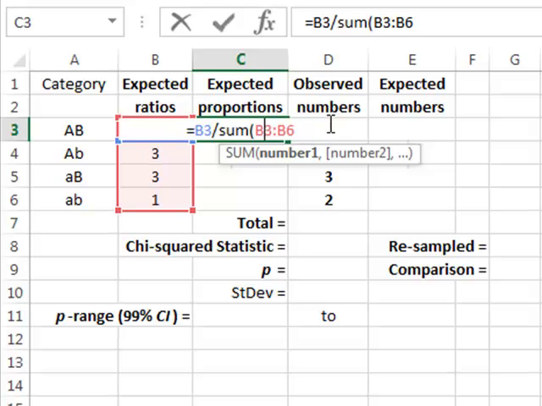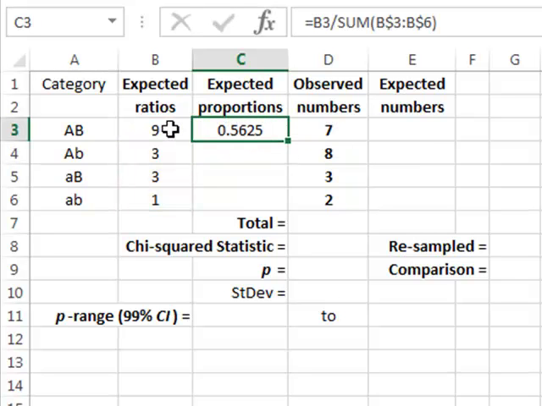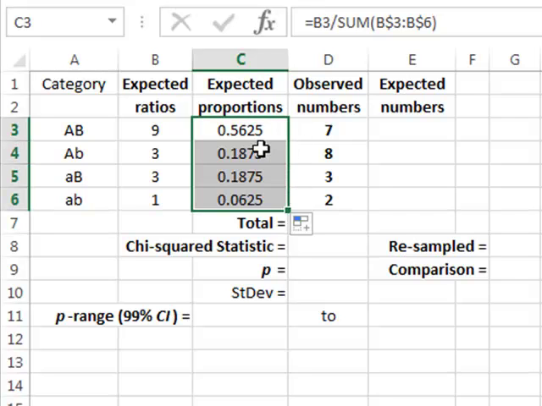So we will put a $ in front of the references for B3 and B6 to define a constant range when we copy the formula. So 9 out of a total of 16 becomes a proportion of 0.5625,